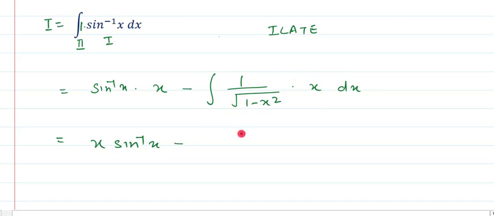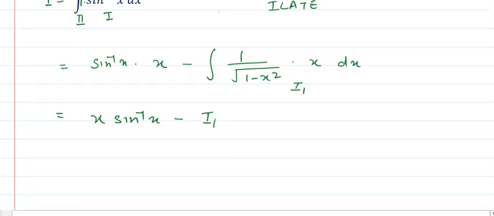Okay, how? Yes, you know that if you put 1 minus x square as another variable, then its derivative will be minus 2x dx, and x dx is present with us in the numerator. So simply we can calculate it by using the substitution method. So let us name this as I1. Okay, let me write it here as I1. Now let us calculate the integration of I1. I1 is x dx upon square root of 1 minus x square.